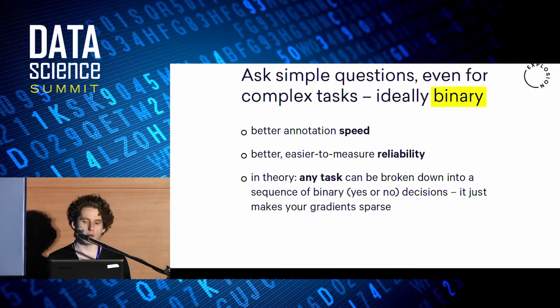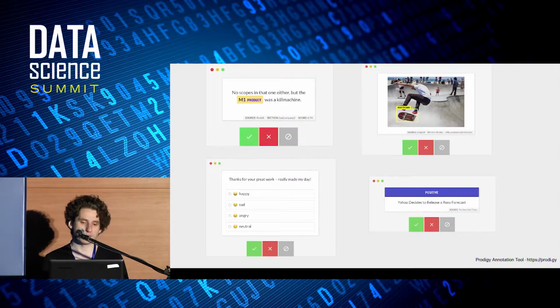And so, even though this binary interface seems limiting, it's actually much more flexible as well, because any of these tasks which you're trying to learn can obviously be reduced to some series of binary decisions. I mean, that's just how information works, right? So the question is how to do this efficiently enough. There's a bunch of sub-problems to solve that we've been engaging with, and I'll show you how that works. First of all, here's what this looks like in the tool that we've built, Prodigy,